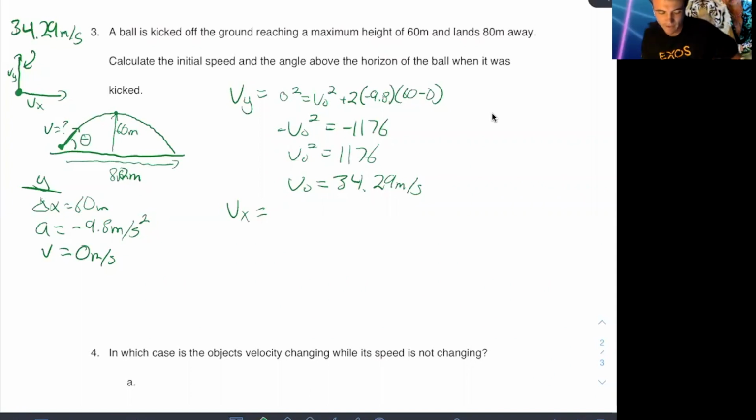So how do we find the time? The easiest way to find the time is using the y direction to see how long it took to go up and then come back down. We can't really use any of the variables in the x direction to do that. So let's find the amount of time it took for the ball to go up and down in the air. So how am I going to do that? Well, I'm going to